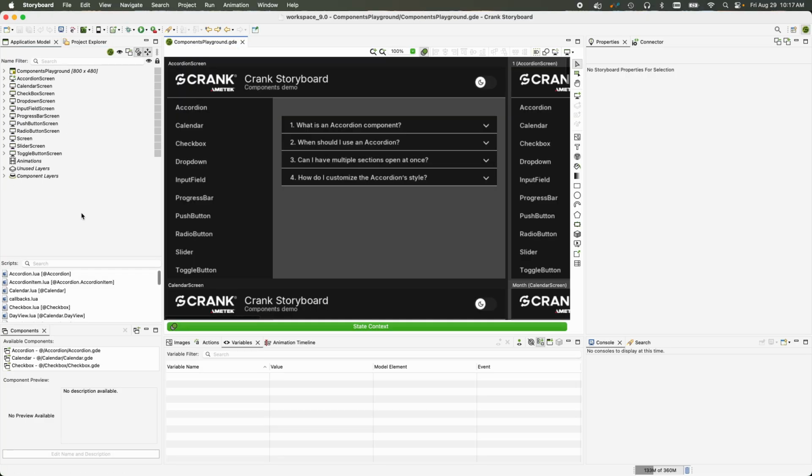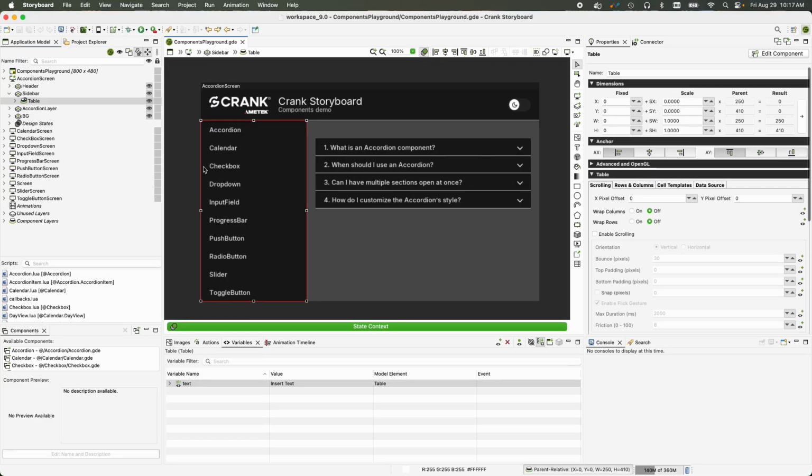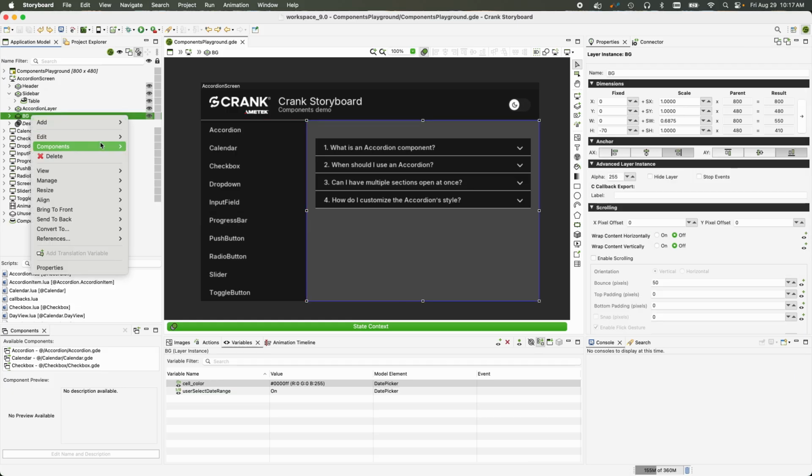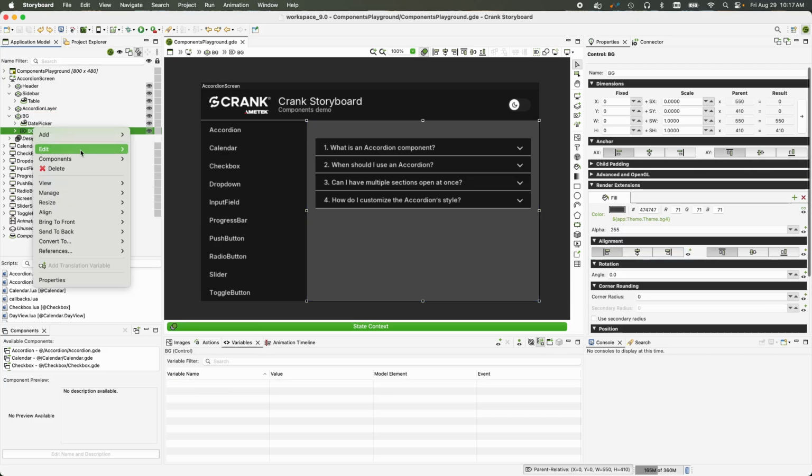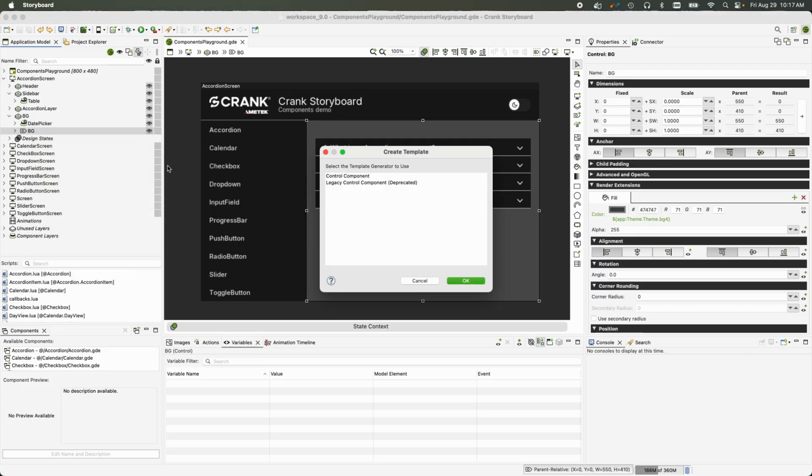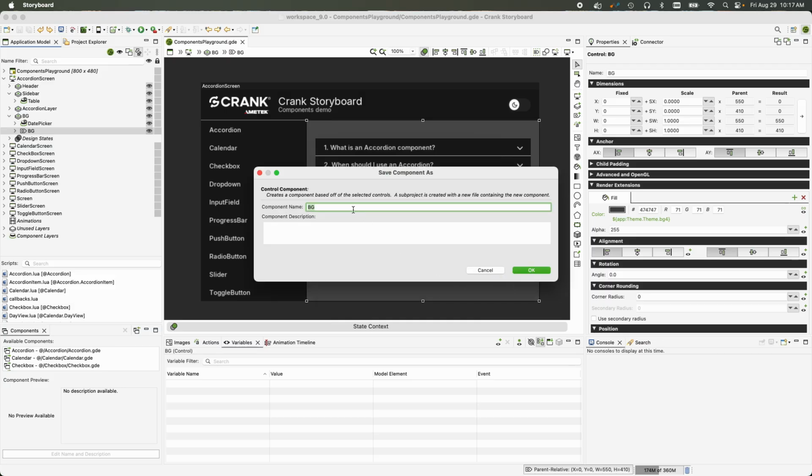To create a component, you're just going to right-click on any control that you want to turn into your component and create the component. So just as an example, oh, that's a layer, so I can't do that. But if I right-click on my control, I can create a new component, and then you'll notice that the legacy control component wizard is still here, but that's been deprecated, so you are encouraged to use the new control component creation, which will take a name for your component